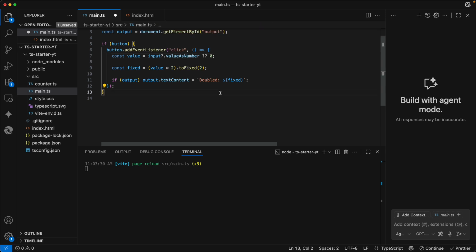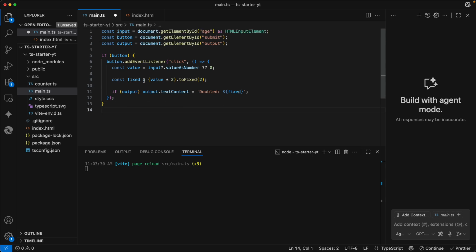Okay, so as I said, this was not an introduction to TypeScript, but it was to show you that TypeScript can help you find bugs at development time, at build time. So here in the code editor, you have a TypeScript type checker, which is showing you the errors right here. And if you would compile the code to JavaScript manually, you also would have the errors in the output.